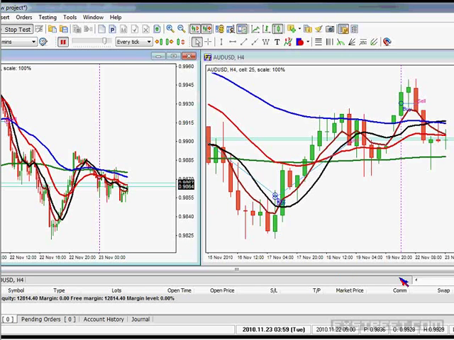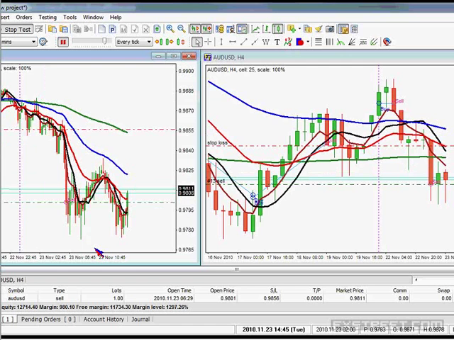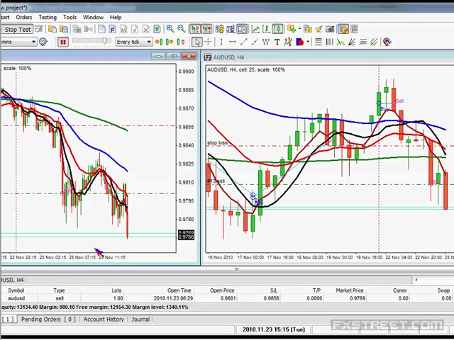Took our break. Not looking so flash right now. Okay. Now we're making new fresh ground, 30 pips in profit. Jam the stop. Now what's significant looking at the 4-hour,